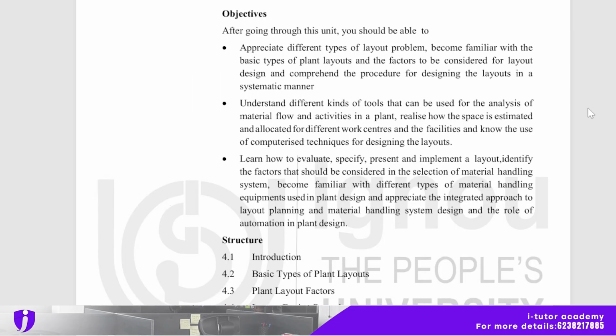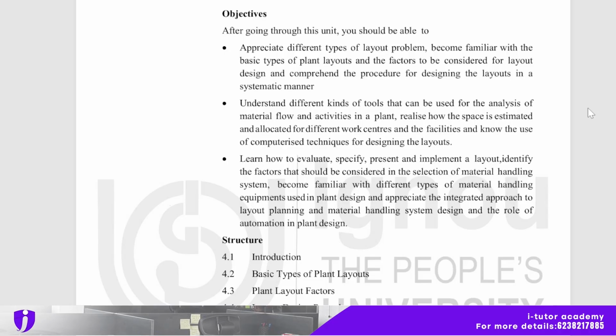After going through this unit, you should be able to appreciate the different types of layout problems, become familiar with the basic types of plant layouts and the factors to be considered for layout design, and comprehend the procedure of designing the layout in a systematic manner, and understand the different kinds of tools that can be used for the analysis of material flow and activities in a plant, realize how the space is estimated and allocated for different work centers